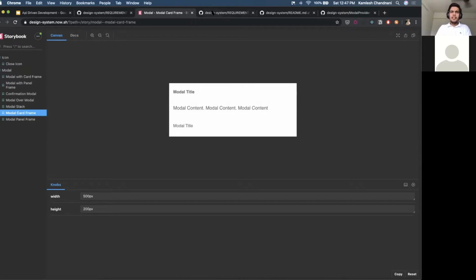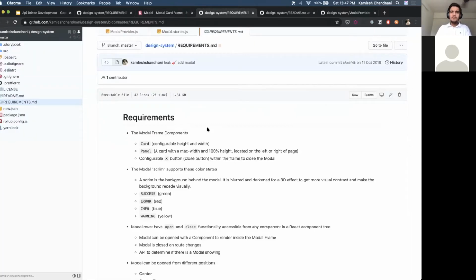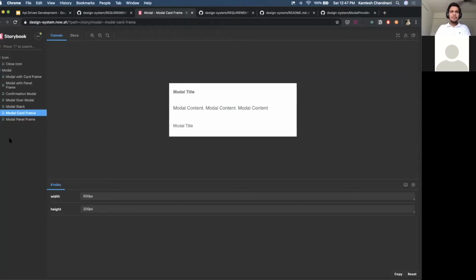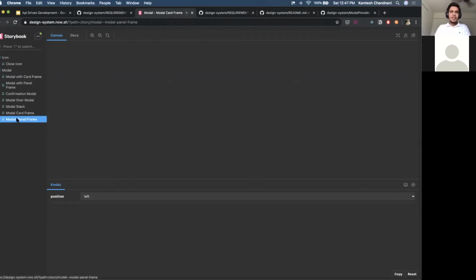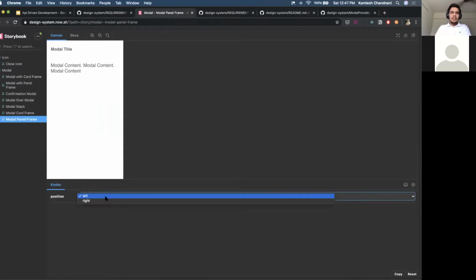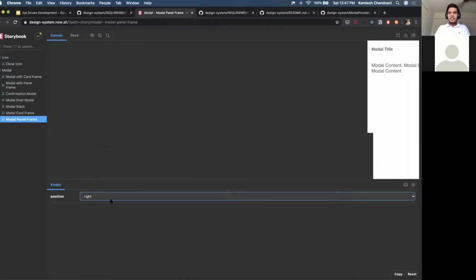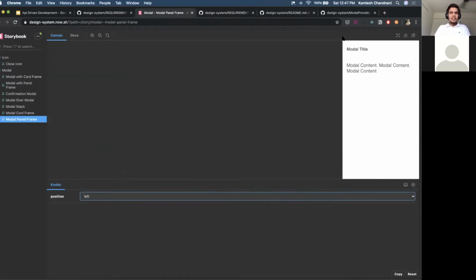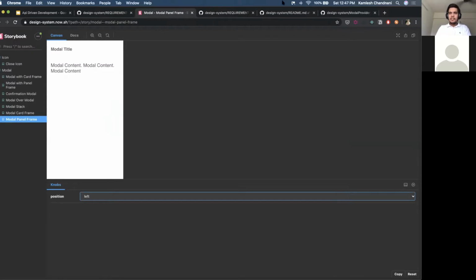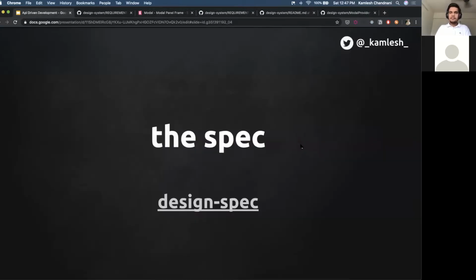When I spoke about the frame, this is what we have. We have two types of frames that can be rendered inside a modal. It can be a card frame, it can be a panel frame, right? We can have a position which is left or right. So yeah, let's come back here.